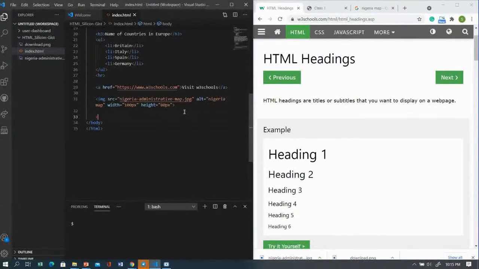So for H1, if I use H1, it is the biggest. So let me just write the names of, okay, for people that watch football, I think I have my favorite player, Ronaldo. I'll have it in six. So let me say I have Ronaldo, I have Ronaldinho, I have Messi,